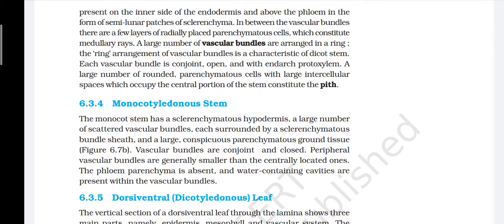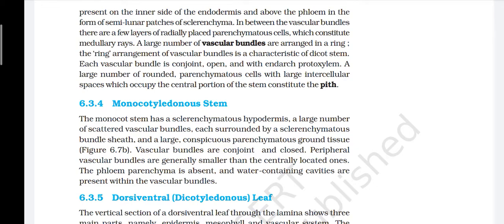In between the vascular bundles, there are a few layers of radially placed parenchymatous cells which constitute medullary rays. A large number of vascular bundles are arranged in a ring, and ring arrangement of vascular bundles is a characteristic of dicot stem. Each vascular bundle is conjoint, open, and with endarch protoxylem. A large number of rounded parenchymatous cells with large intercellular spaces which occupy the central portion of the stem constitute